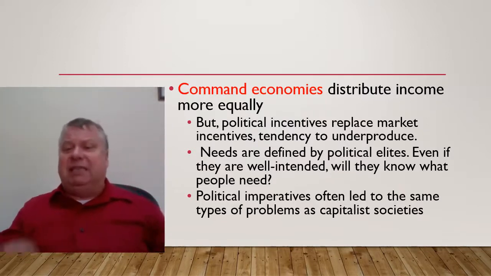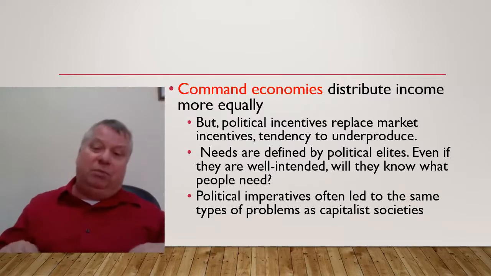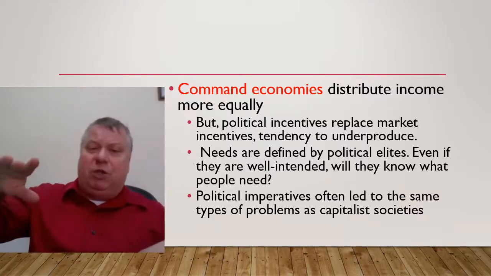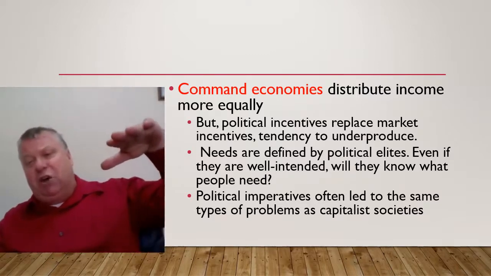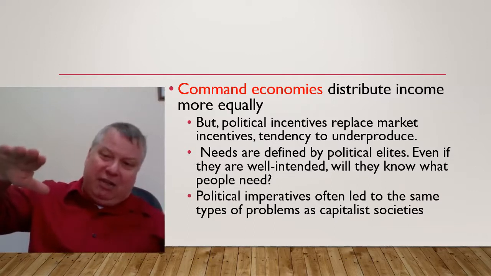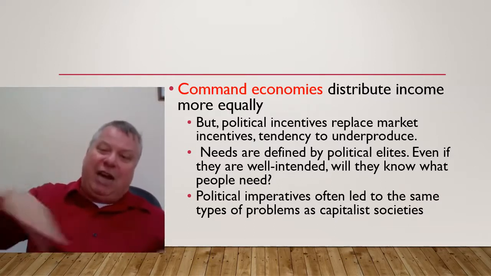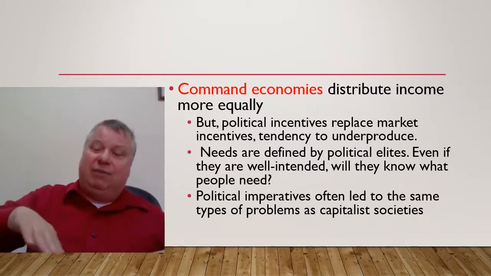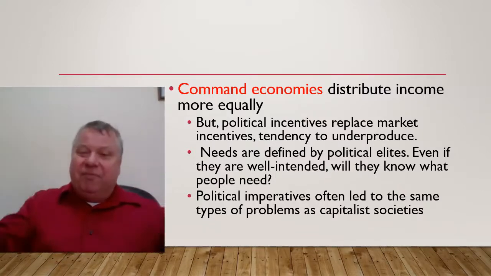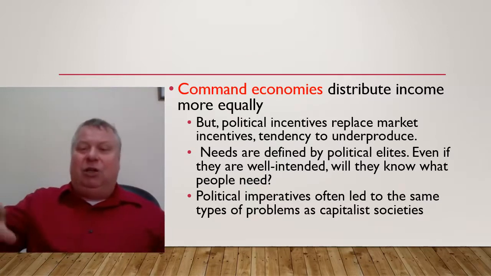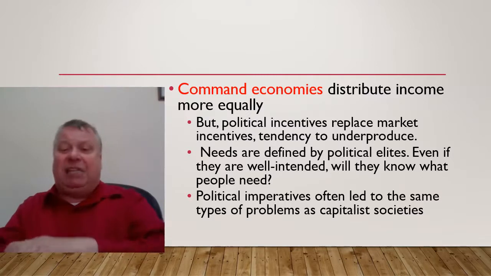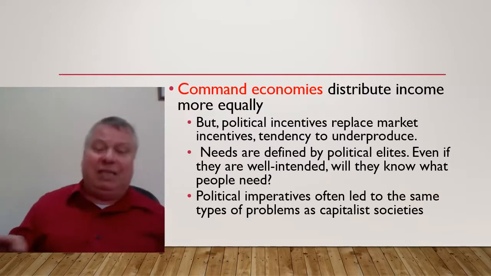So the problem is that you have similar types of problems, except kind of in reverse. Capitalism tends to overproduce, communism or command economies tends to underproduce. Capitalism over, communism under, and both of them end up creating recessions or periods of crisis, which can be overcome but needs work, right? Generally, the solution in capitalist economies has been to insert some aspects of a command economy, such as